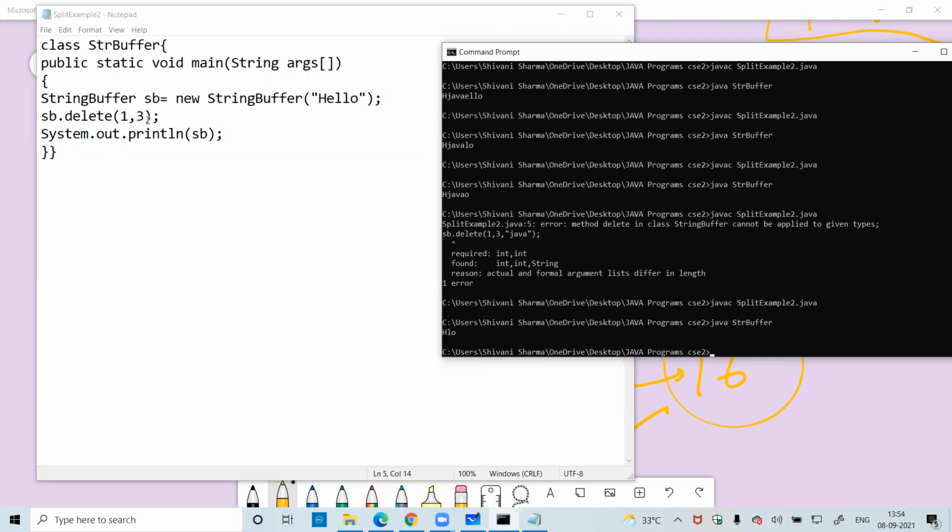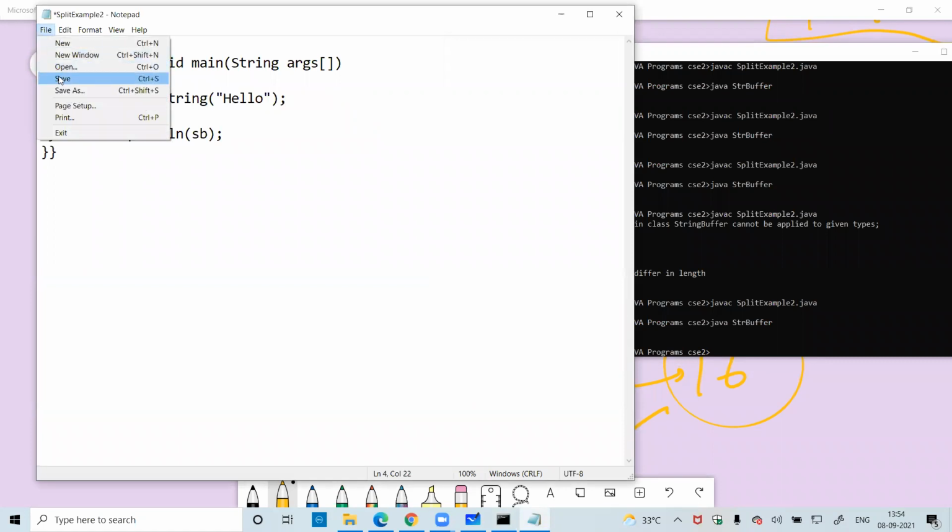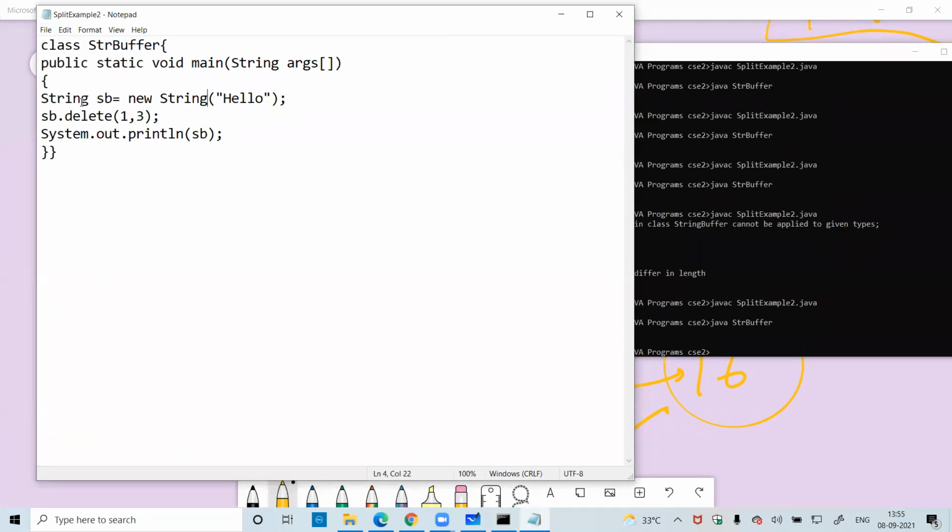In this way, we can also delete data from the string buffer. All these things are possible only within the string buffer. We can never use these methods with the string class. If I try to write like this, it will not execute, as we can't add or delete any content in the string class.